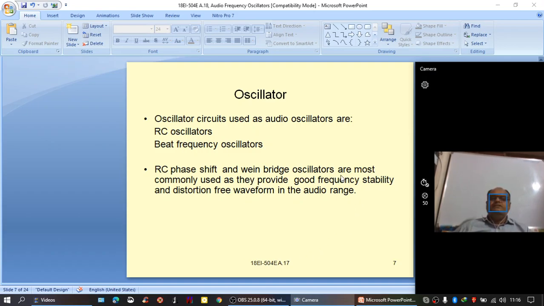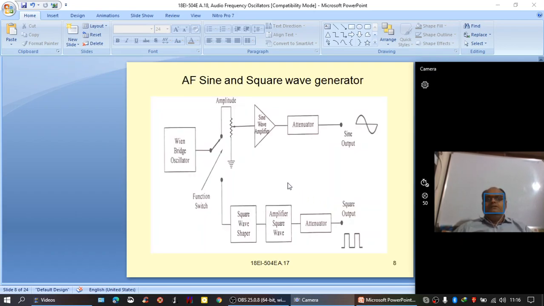Generally, Wien bridge oscillators are the most commonly used as they provide good frequency stability and distortion-free waveform in the audio range. The detailed block diagram of an audio frequency sine wave and square wave generator. As told already, the Wien bridge oscillator is used as the source of sinusoidal signal,